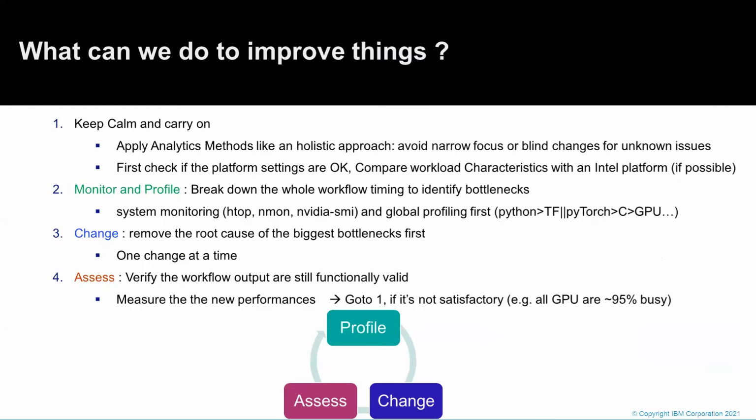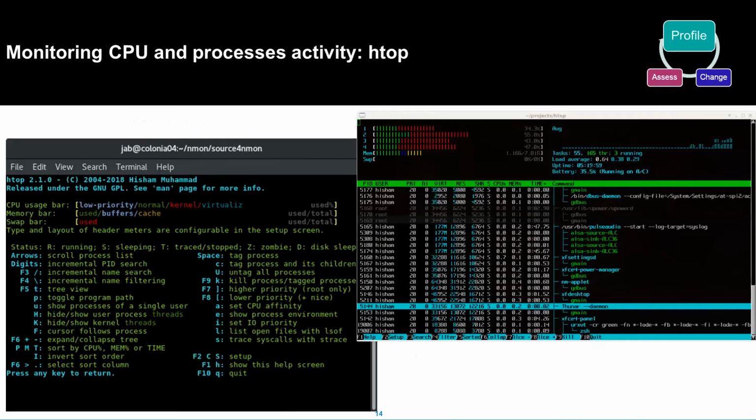When you have such problems, we usually take a classical approach: you have a new workload, a new performance issue, unknown. So you have to monitor and profile the workload itself, make a few changes, usually one at a time, then assess the results to measure the impact of the changes on the workload, and loop again until the performance is okay, meaning that usually the GPUs are well utilized.